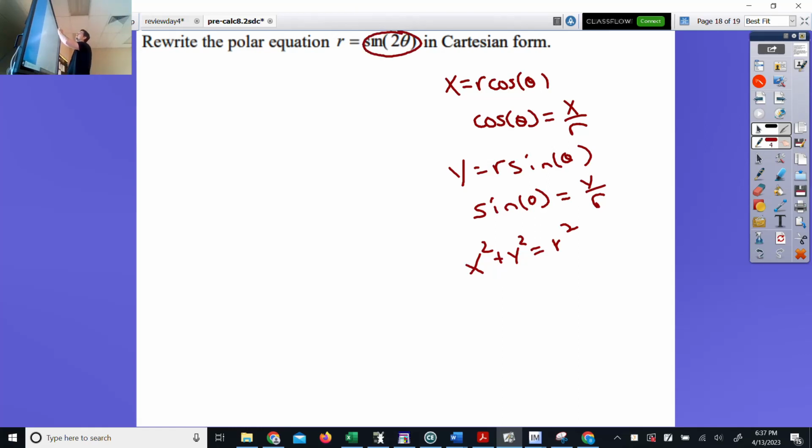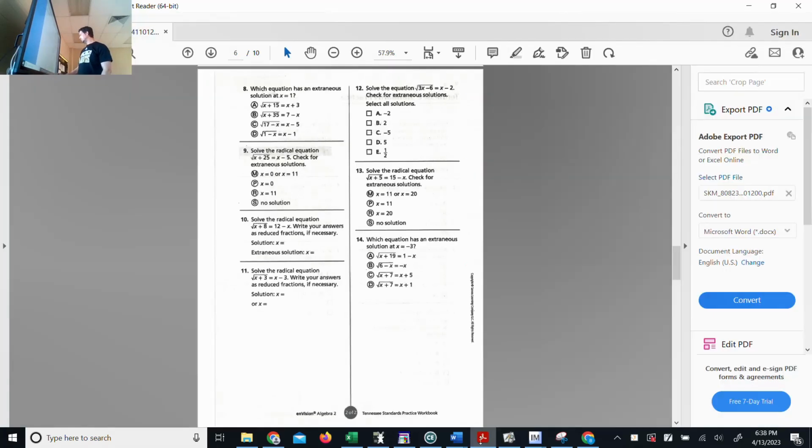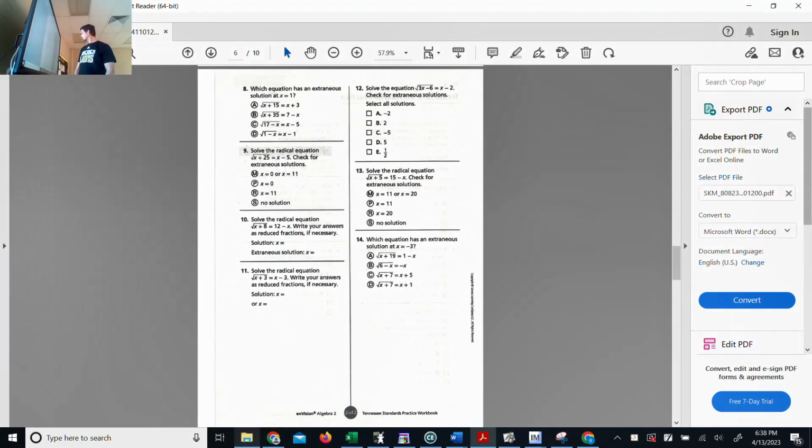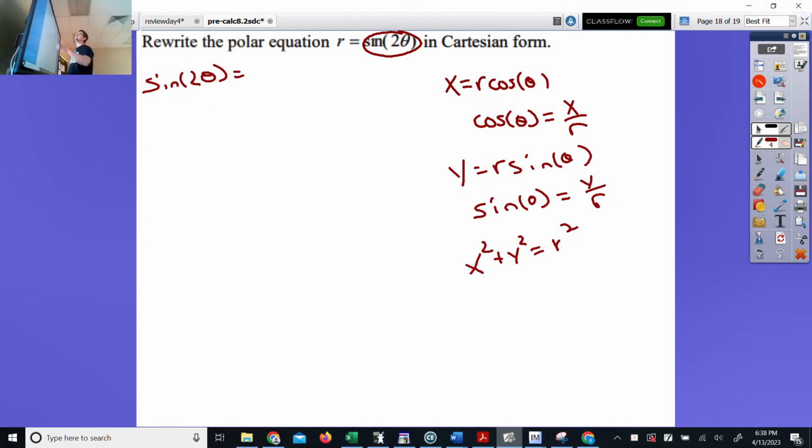This is the sine of 2 theta. And the sine of 2 theta, it's an identity. I've got that up somewhere. Nope. Not there. Well, anyways, it's an identity. Sine of 2 theta is 2 sine of theta